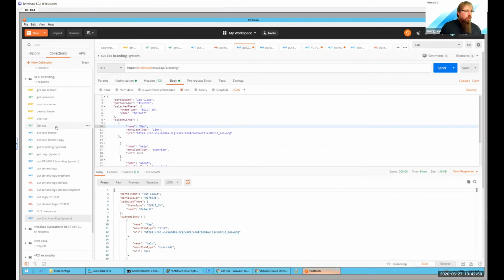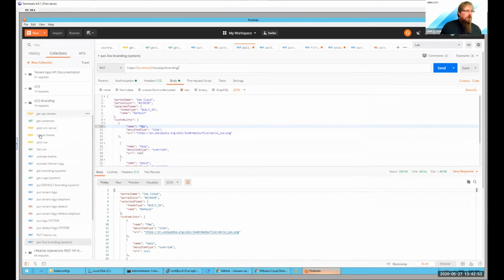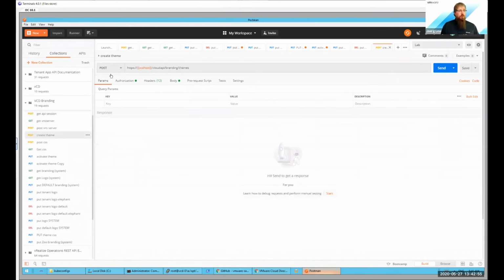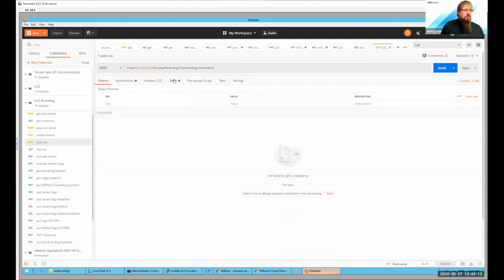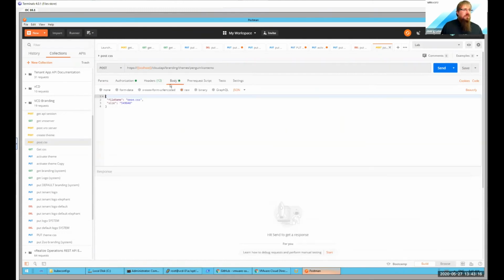So there was one request to create a new theme, which is a pretty easy one. Just define the new name for that theme, one API call that I did. The next one, for that created theme, I had to post the CSS file. So it's a post request with the CSS file where you just have the file name and the exact size for that. And when you run that, as the response you get a link for the actual upload,